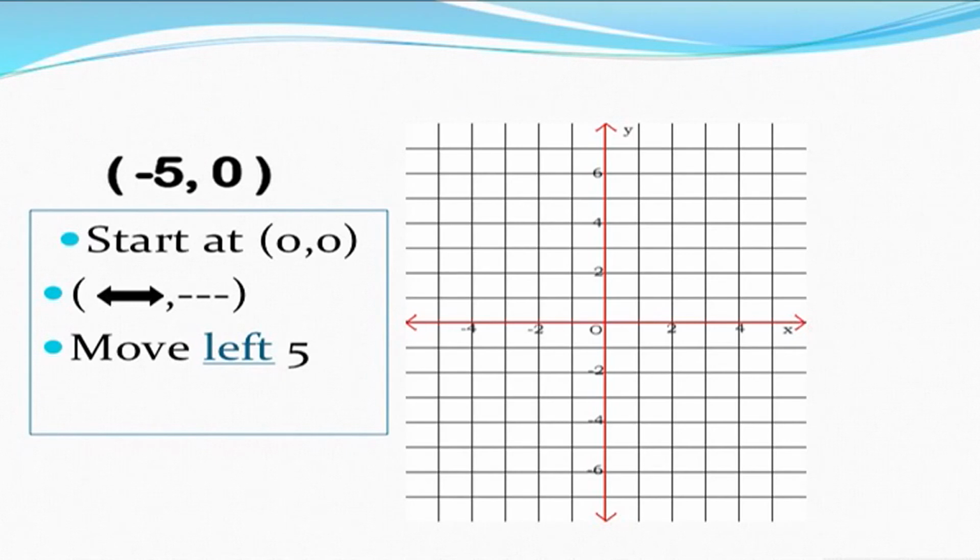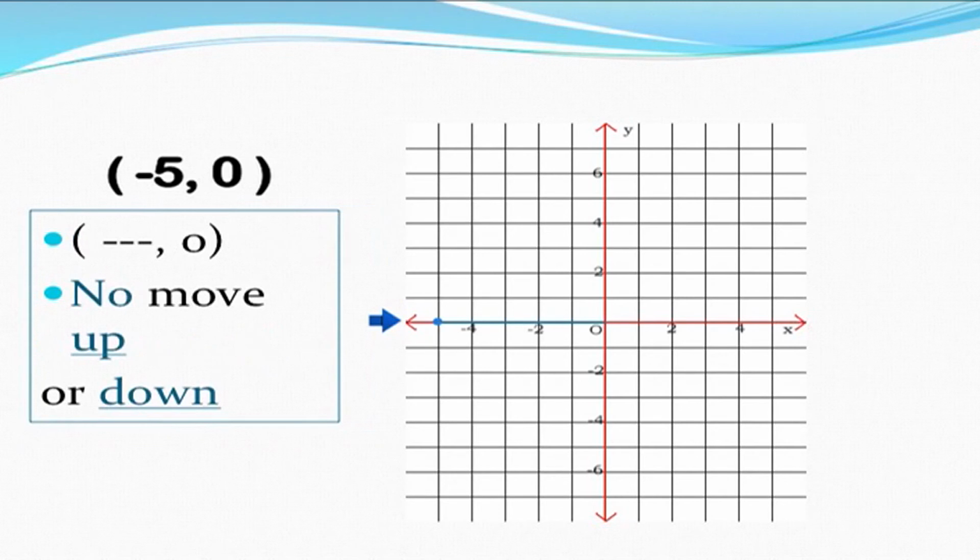Now let us look at the graphing of another point, which is (-5, 0). As the x coordinate is -5, we move left from the origin on the x-axis by 5 points. Then as the y coordinate is 0, we don't need to move up or down on the y-axis, and the point we find is (-5, 0), which is on the x-axis. So the conclusion is, if the y coordinate is 0, the point will lie on the x-axis.